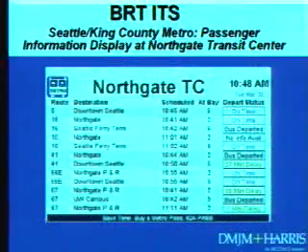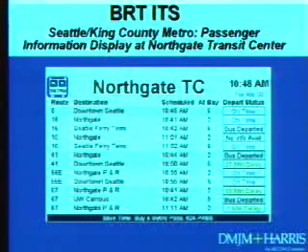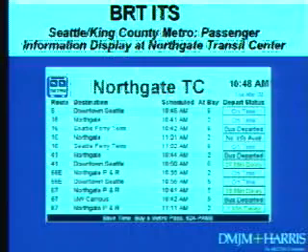Information systems. This is a sort of display at the Northgate Transit Center in Seattle. It's a major transit destination point, and it tells you about all the buses in real time. In real time, it's not a schedule. It says this is where the buses really are. So if the top one, the number 5, says it's scheduled to leave for downtown Seattle at 10:45, it's going to leave at 10:45. It's on time. And see another one, the number 41 to downtown Seattle, a 27-minute delay. Now what's with that?